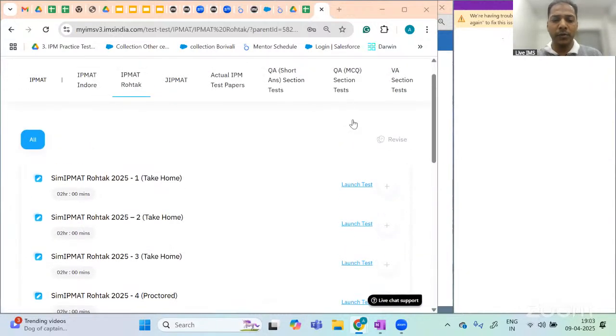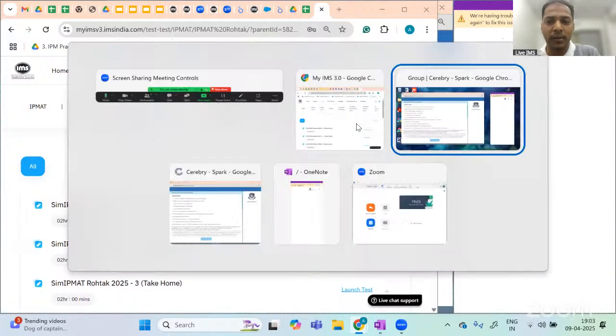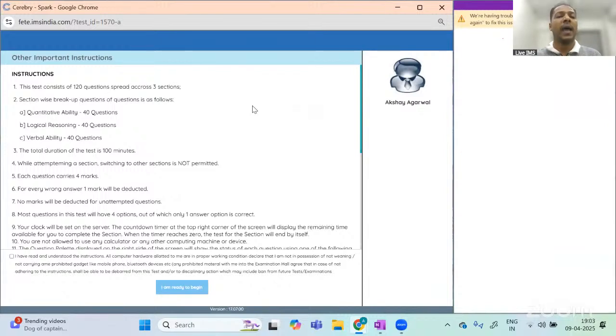Great. So we are here to solve the SimIPMAT Rohtak-9 live, and basically the whole idea of this live solving is to help you understand how I choose questions and how I go about solving questions in the live test. Today you are not expected to do anything specific apart from the fact that you can simply